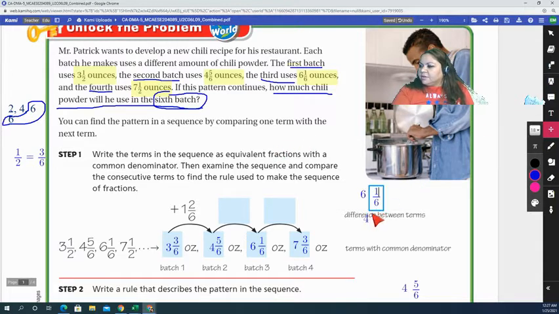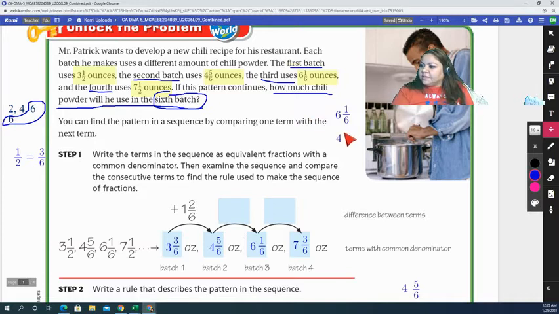I don't think that's a good idea to do it here, is it? Okay, let me move this up. Let's do it here. 6 and 1/6. And we're going to subtract 4